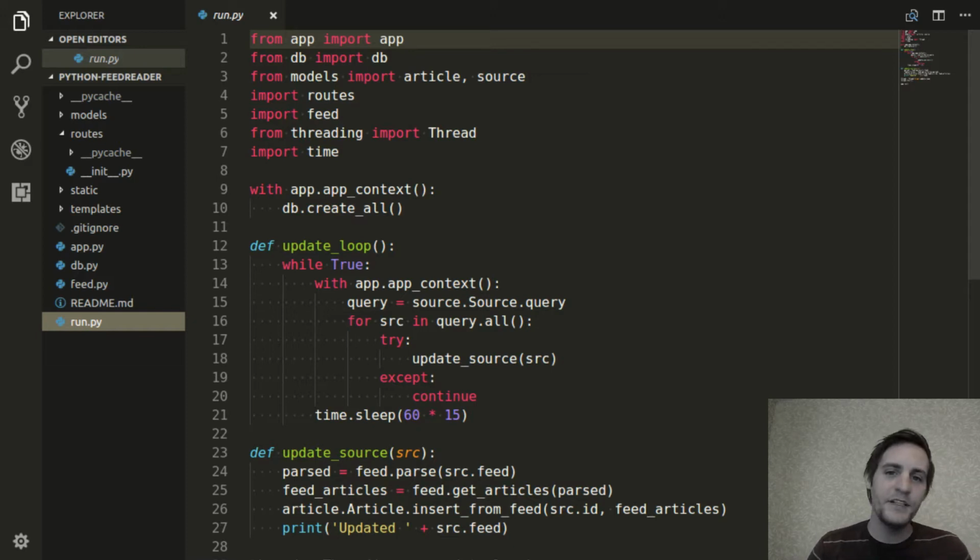The first thing I want to do is make it so that all of the articles for a source are loaded when the source is added. The way that it works right now, the articles won't be added until the update loop wraps around and it scans that feed. But I think it would be a better user experience if, as soon as you add a source, all of the current articles for it get loaded in right there. So to do that,